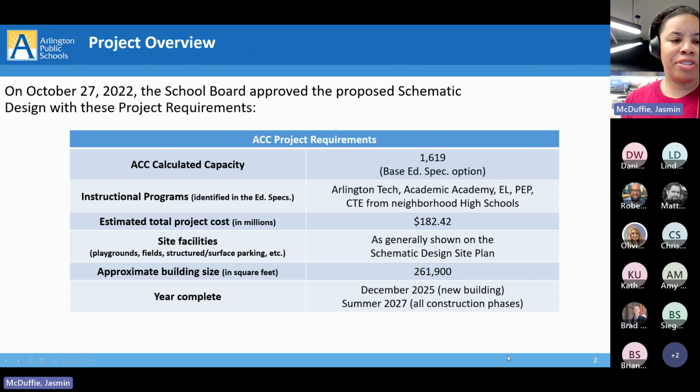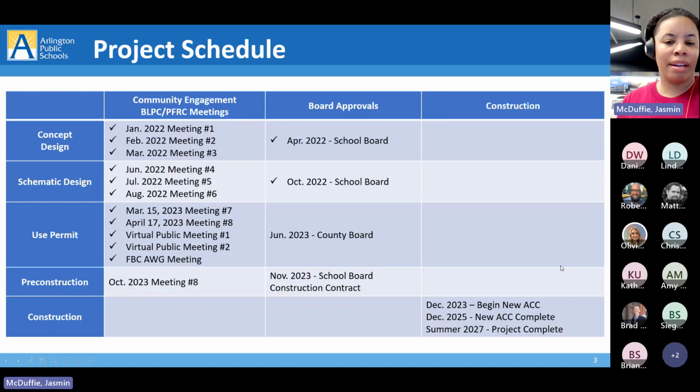This is, as Olivia mentioned, based off of approved documents, schematic design documents, and project requirements that were approved by the school board back in 2022. In terms of where we are in the project, the items you see checked are phases that we have completed, and as Olivia mentioned, we are working within the use permit process now, working towards a county board